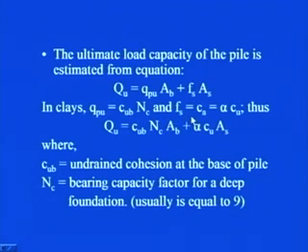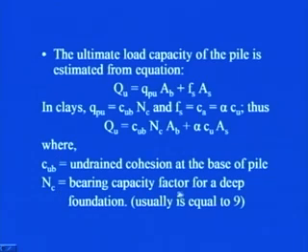and Fs is equal to the adhesion between the pile and the soil, which is equal to Ca, which is equal to alpha times Cu, that is the undrained cohesion. Thus, this equation will result into Qu is equal to Cub into Nc into Ab, plus Fs, which is alpha times Cu. So, this will result into alpha Cu into As, where Cub is undrained cohesion at the base of the pile,